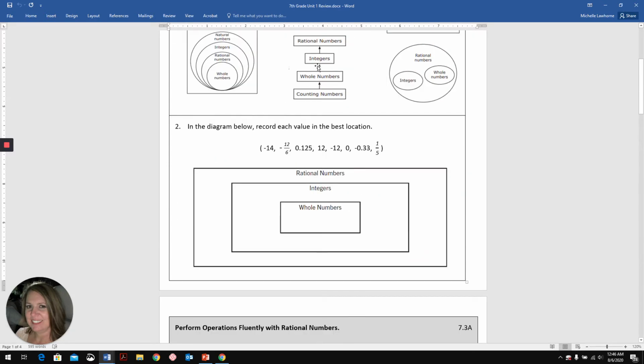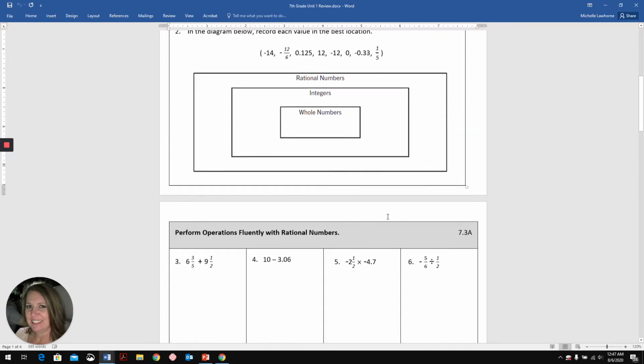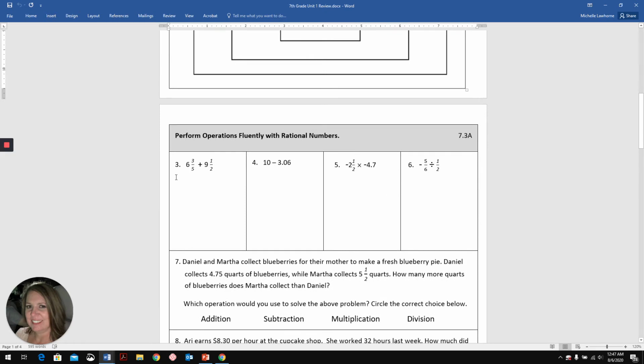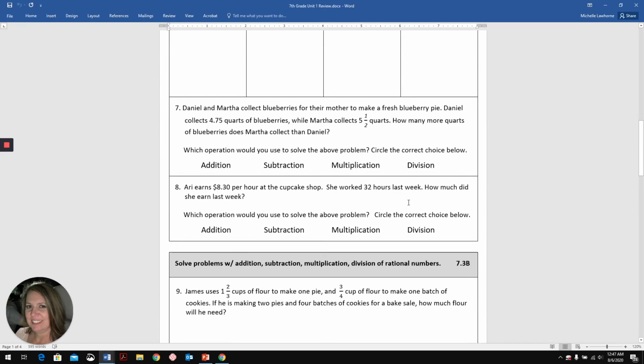Maybe they can identify the wrong representation up here, but now can they place the numbers in the diagram where it belongs, right? Then we move on to 7.3a, performing operations with rational numbers. And here,